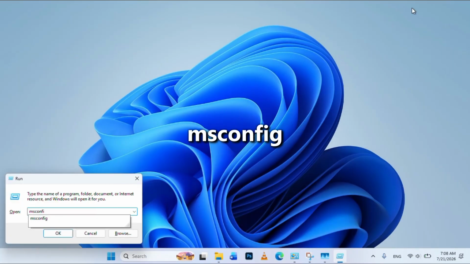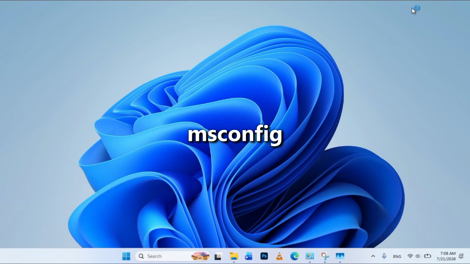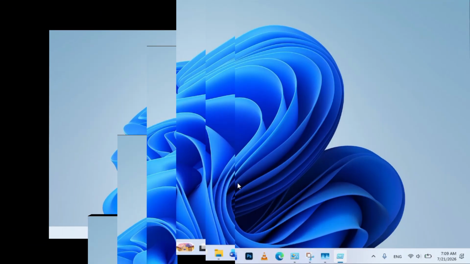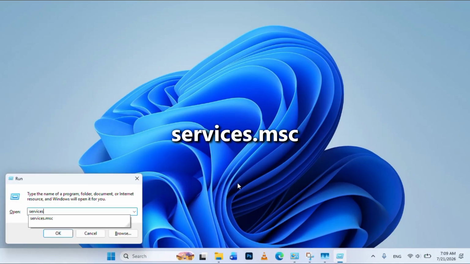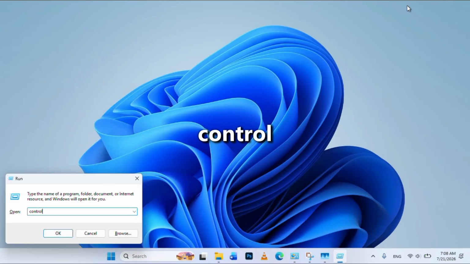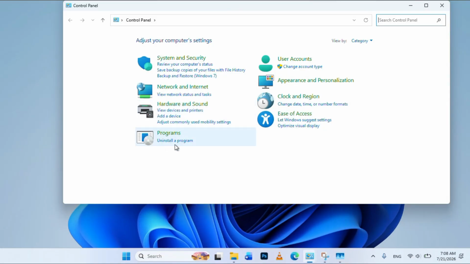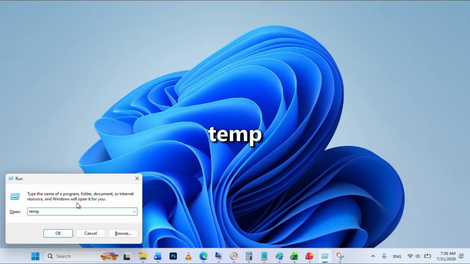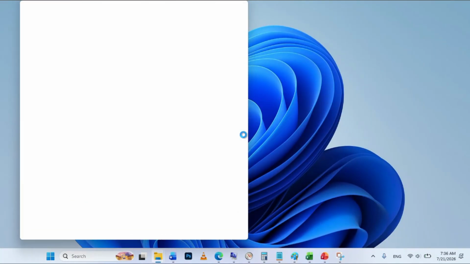And this command opens system configuration, which lets us troubleshoot startup and, of course, performance as well. And this command opens services where we can manage background services. And this command opens Control Panel with all its options. See? This command opens the user's temporary files folder located at